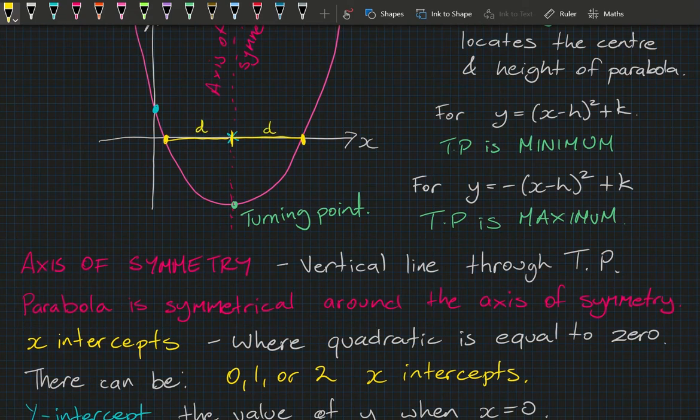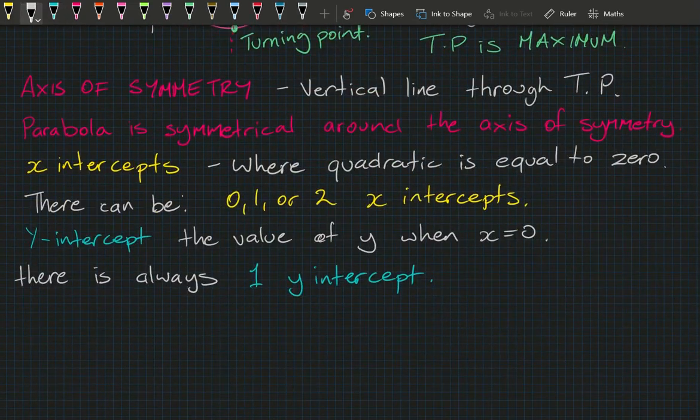Let's just call that d. And if I was to pick out another point that was the same height as the y-intercept, then those 2 points would be the same distance from the axis of symmetry, and let's call that e. So this is a very handy feature that's going to help us find a lot of other things about a parabola. So far you've been introduced to the turning point, the x-intercepts, the y-intercepts, and the axis of symmetry, but